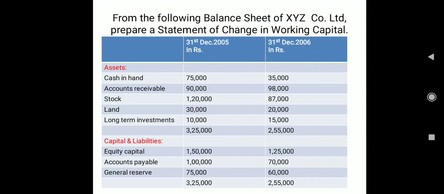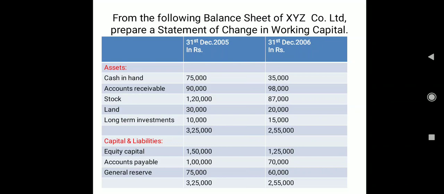One thing I'll mention in my question: kindly don't try to find the perfect balance sheet as we used to have in books, where you have very nice subtitles saying these are your fixed assets, long-term investments, current assets. Those headings I'm not going to give you, because we need to learn to know in one view which are our current assets and which are our current liabilities. We are studying this from first PU only, so we should know.